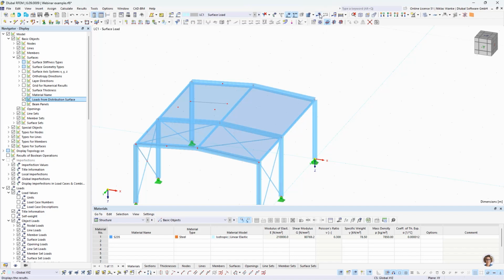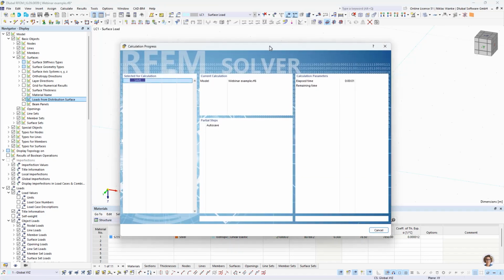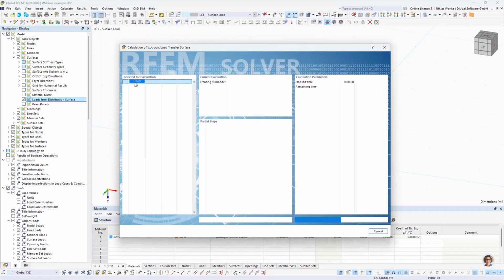And as soon as I start the calculation and the solver starts, you will see that there are two separate calculation processes. And that's a hint, because the first calculation process is made for the submodel, and after that we do the normal calculation process for our main model. So I hit the calculation button, and as you can see,